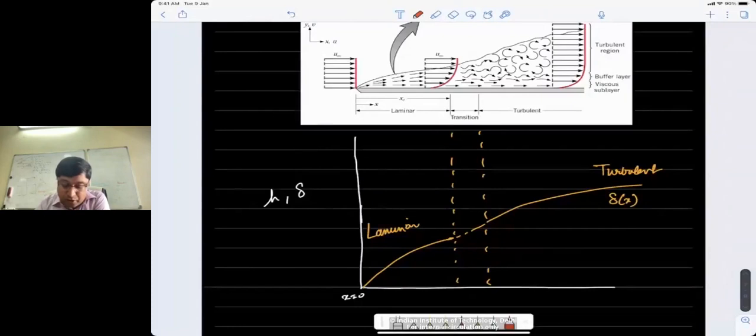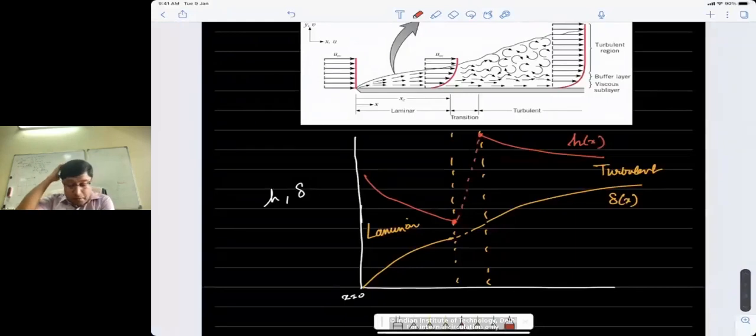The heat transfer coefficient shows a slightly different behavior. The heat transfer coefficient starts from a maximum and it decreases until it hits the transition regime. But in the fully turbulent regime, as I said, because heat transfer rate is enhanced because of this mixing, because of these high energy eddies, the heat transfer coefficient beyond this point increases and it starts somewhat like that. In between, again, we don't have data, so we just show it in that manner. So turbulent flow will be marked by large heat transfer coefficients. Laminar flow will be marked by small heat transfer coefficients.